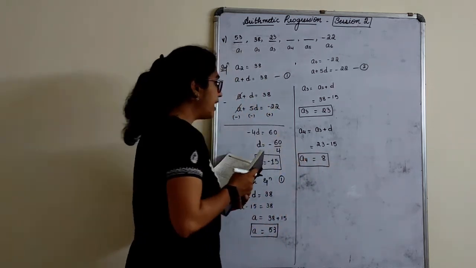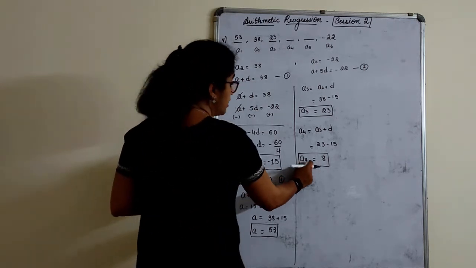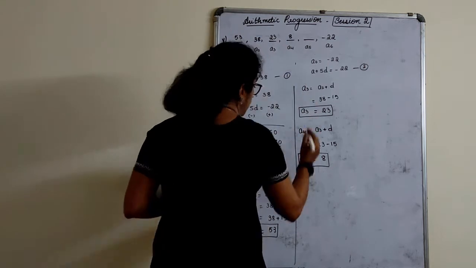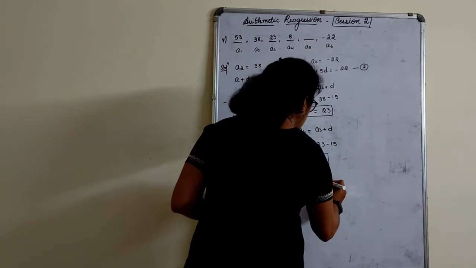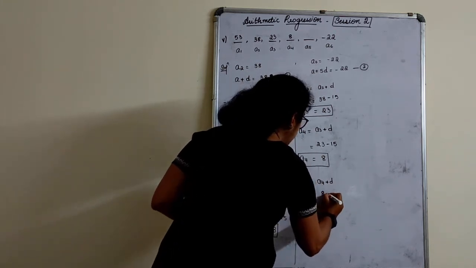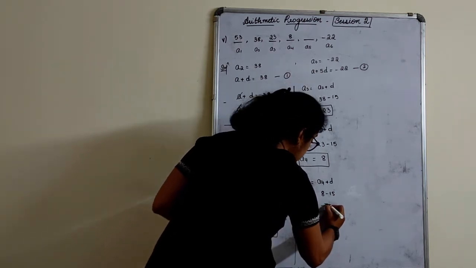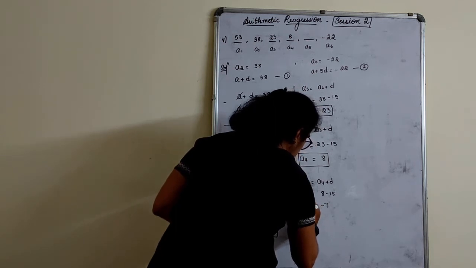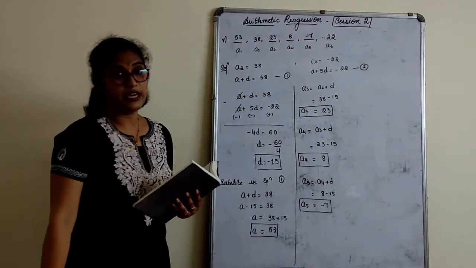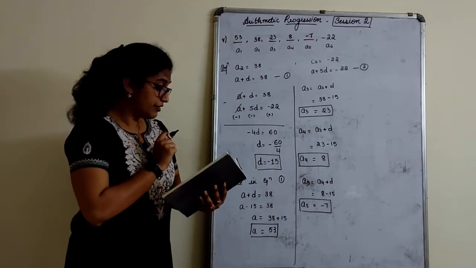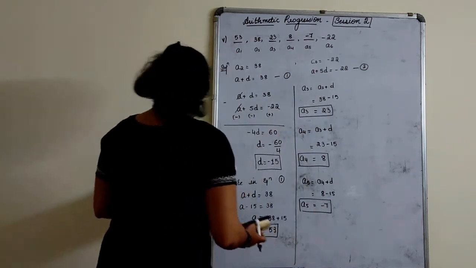See here, how am I highlighting wherever what I get? I even expect you all to do the same thing. So it is 8. Last is A5. A5 is A4 plus D, which is 8 minus 15. Answer is minus 7. Minus 7. Okay. So this is how we find the terms. Now I have given you the remaining homework. You can find similar. We'll quickly begin with the next domain now.